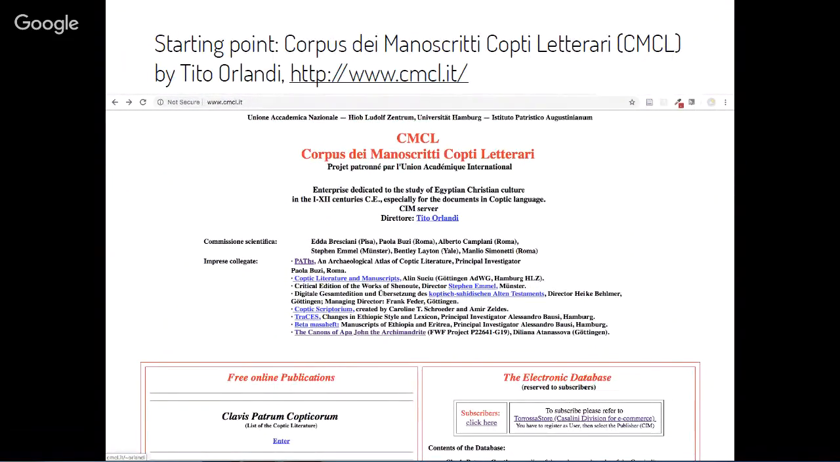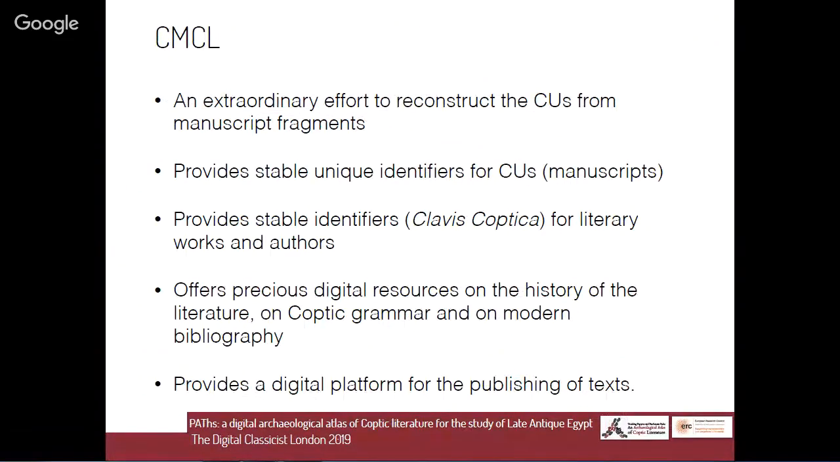PATH is not a new project because, yes, it is new, but it relies on the shoulders of the experience of what is called the CMCL, the Corpus dei Manoscritti Copti Letterari, which is the life work of Tito Orlandi, with an online database, which was founded in the 90s, but he has been working on this for many decades now. The CMCL is an extraordinary effort to reconstruct, first of all, codicological units from these manuscript fragments scattered all over the world. He has traveled with his car and his camera and photographed and documented manuscripts everywhere and put this together in this database. He has also provided these units with unique identifiers, which is most important for our purposes,